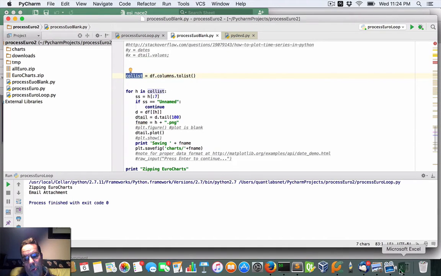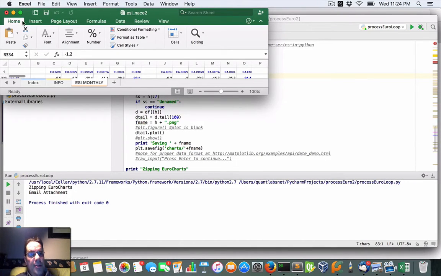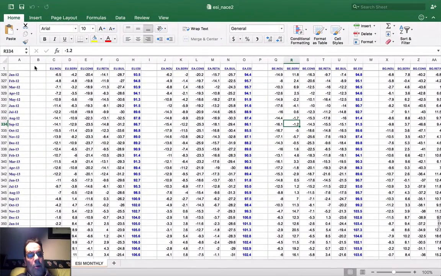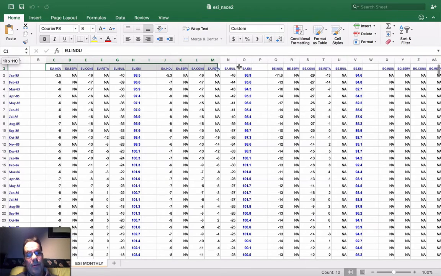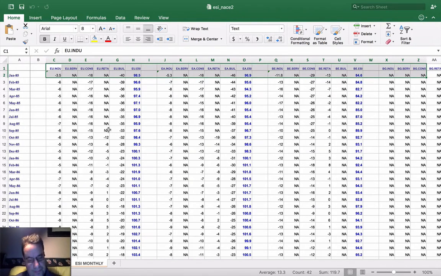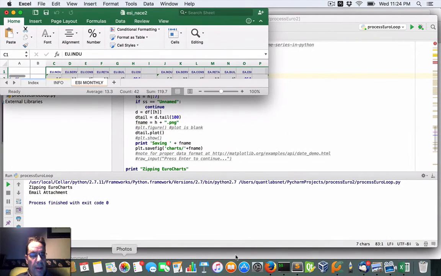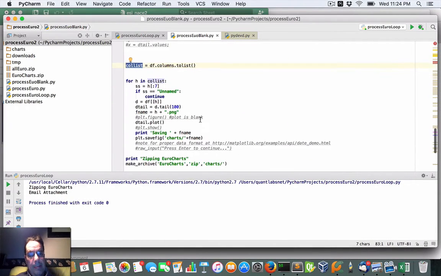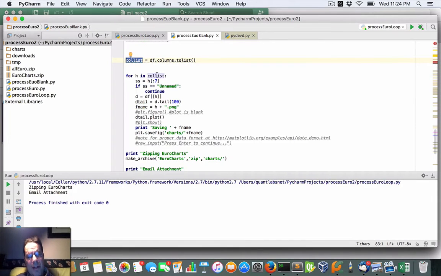So what we're doing here is, you'll notice here at the top, the columns have the headers. So we're putting those into a list, essentially. So from there, we have our list of columns, and we're going to go through a